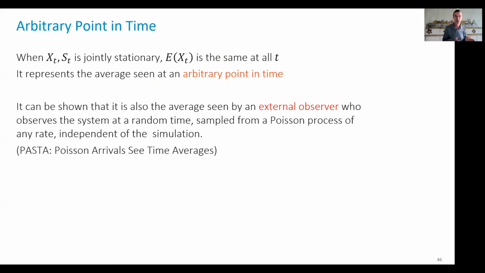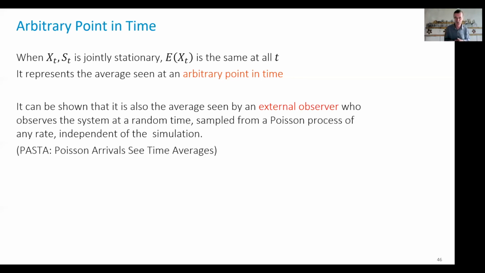This is the uniform distribution between 0 and 10 with PDF 1 over 10 for t between 0 and 10 and 0 outside. So if time is bounded, a uniform time makes sense or can be defined. If time is unbounded, it cannot be defined, because the normalizing constant would be infinite. So this is a paradox in the theory of probability: an arbitrary point in time, arbitrary means we are in a stationary regime for the simulation. Any time instant is as good as any other one, but we cannot represent this by a process of choosing a time instant by drawing it from a distribution.